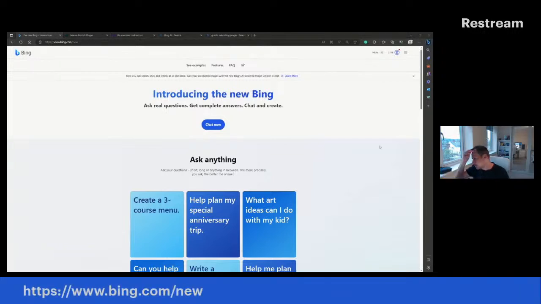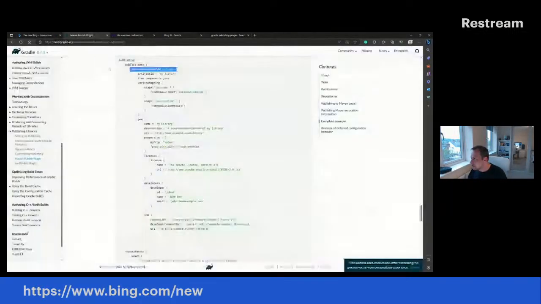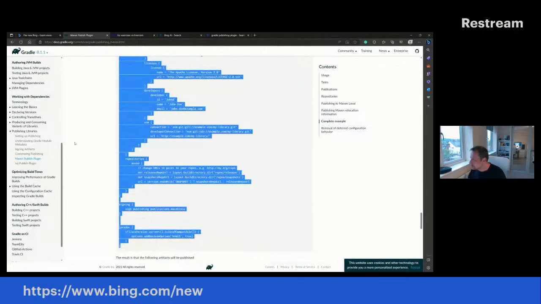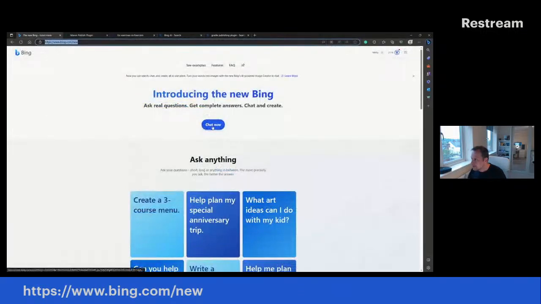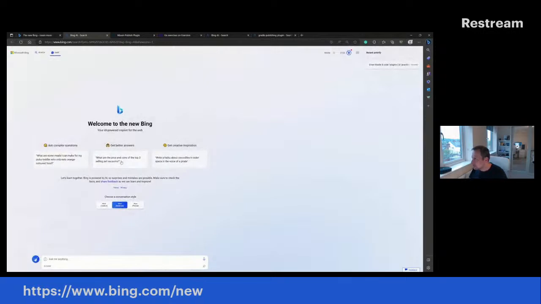So if you go to this address and you copy the code, any code, but it can be this code. So if you go here and you click chat now, you're actually chatting to the artificial intelligence from Microsoft, which is actually quite a good one. So even this Gradle 8 code,